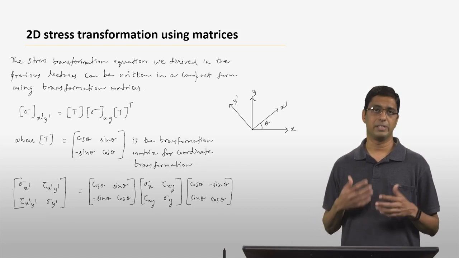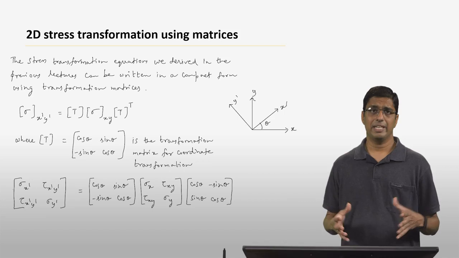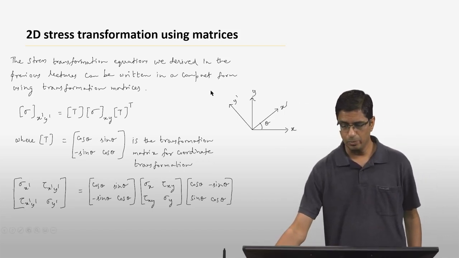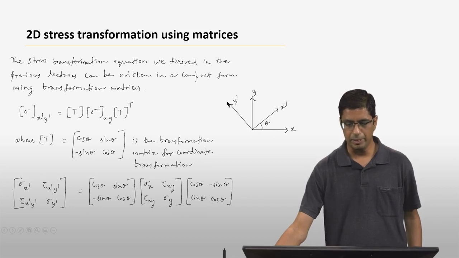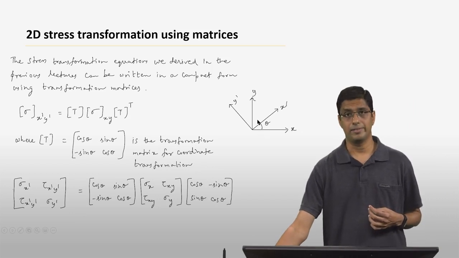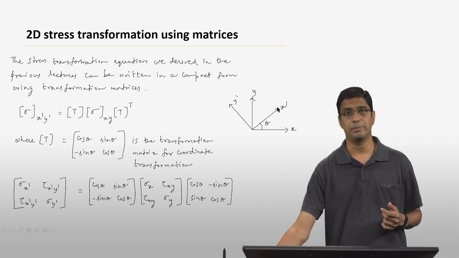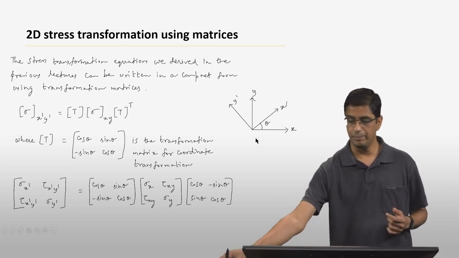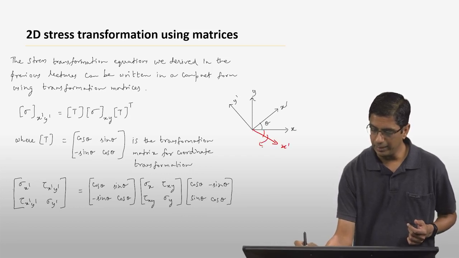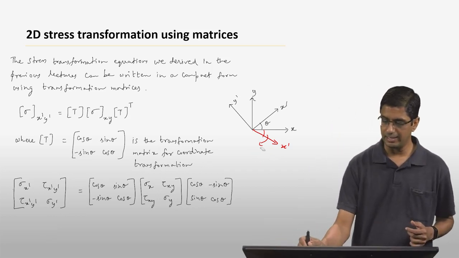transformation equations that we got for sigma x prime, sigma y prime, and tau x prime y prime can be written in a matrix form in a much simpler manner. So if you think about this as your x and y axis, and this is your x prime and y prime axis, remember that theta is always defined as positive in the counterclockwise direction from x to x prime. So if theta goes the other way, for example if x prime goes in this direction, that theta would be considered negative. So this is the positive direction of theta as I have